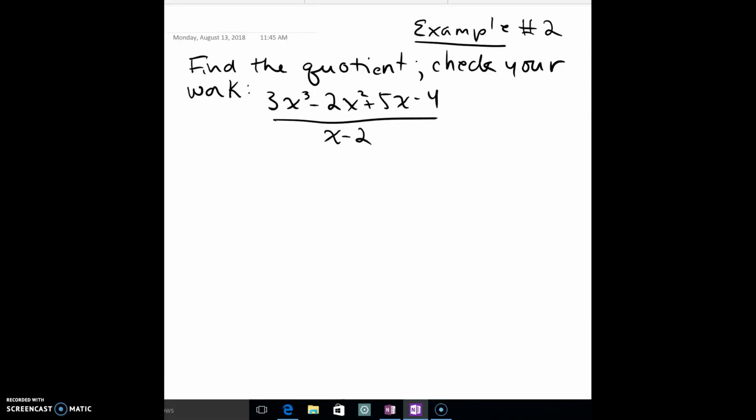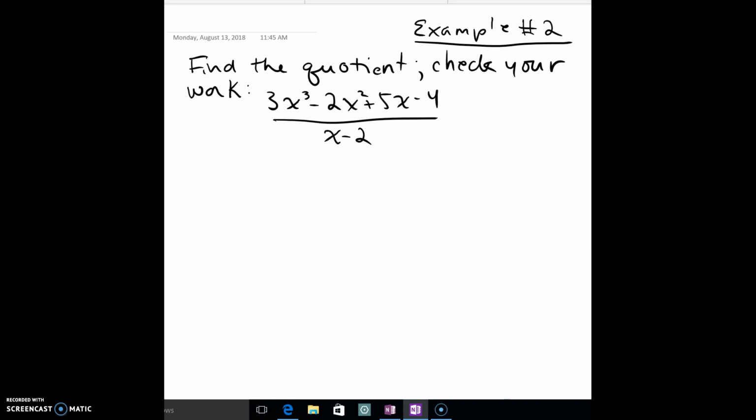For example number 2, we're going to do one more example of polynomial long division. And when we're done with finding the quotient, then we're going to talk about how we can check our work. So let's take a look here. Let's find the quotient and check your work for 3x cubed minus 2x squared plus 5x minus 4 divided by